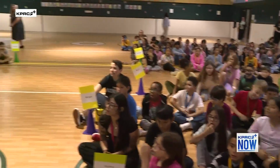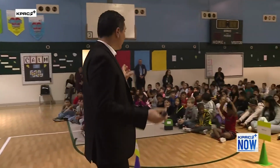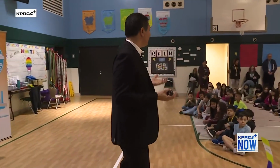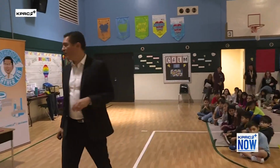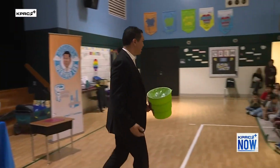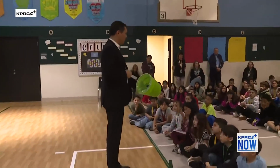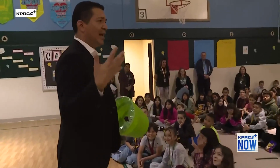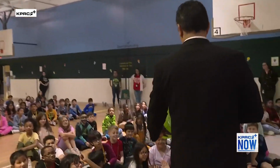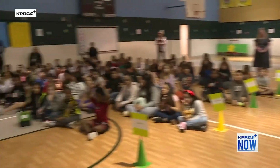So high and low pressure is important for storms because you need low pressure, which is what we're going to have tomorrow, which is going to make a little bit of light rain. High pressure is really tough to create rain in. But first of all, with wind, wind flows from high to low pressure. So if I'm high pressure and you're low pressure, wind goes from me to you. So it's moving towards you. So here is wind going from me to you. It doesn't hurt, but that's the way high pressure moves, or wind moves, from high to low